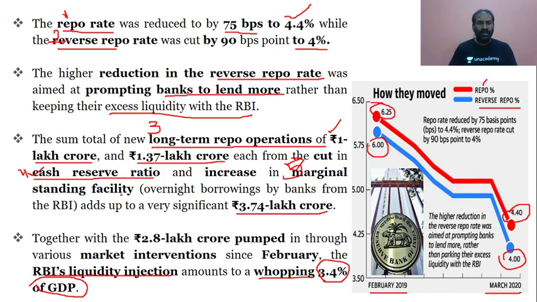And if the scenario is such that the RBI feels there is more liquidity with the banks, then definitely the RBI will suck out the excess money with the banks by increasing the repo rate and reverse repo rate, so that whatever excess money is with the banks or with the people would be sucked out. Now what is important is that it is injecting. When there is more money liquidity, then it will suck out the money.